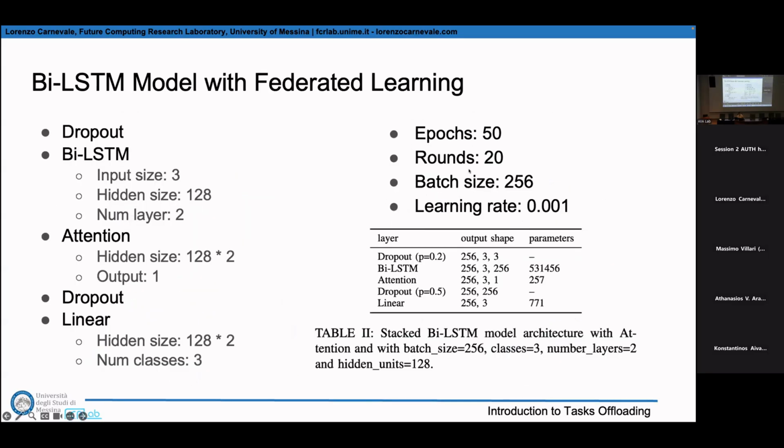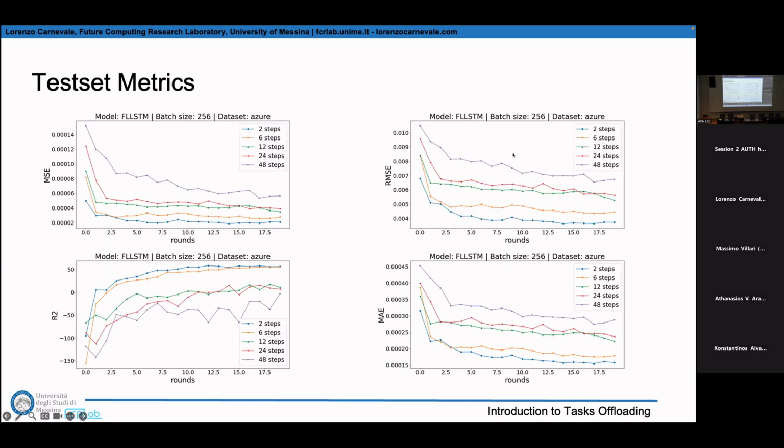Something that I didn't mention is that this kind of application is trained using the federated learning paradigm, a distributed learning approach where we don't move data from the data source. So we wanted to introduce also some privacy preserving aspects in this scenario. And we used 6 virtual machines, so 6 different clients. If something that I'm discussing is not clear, maybe we can have a short discussion while I finish. There are not so many slides until the end of the discussion.